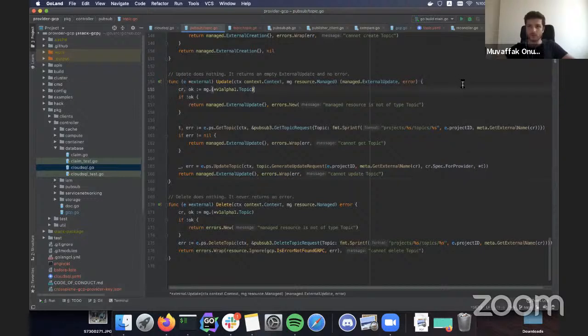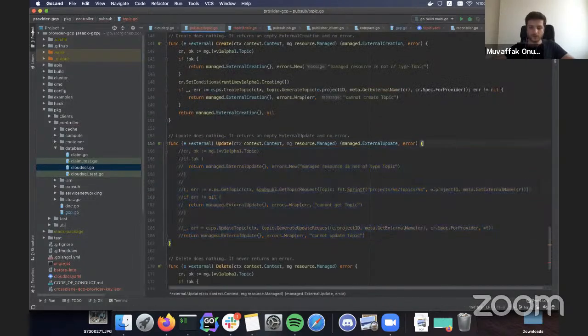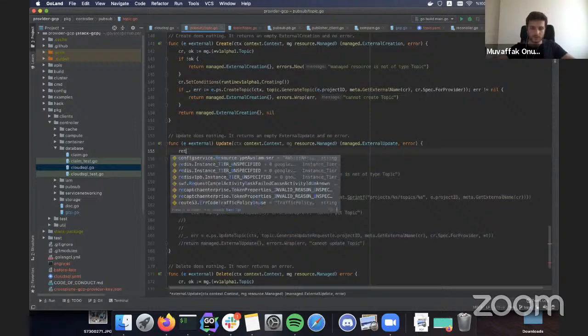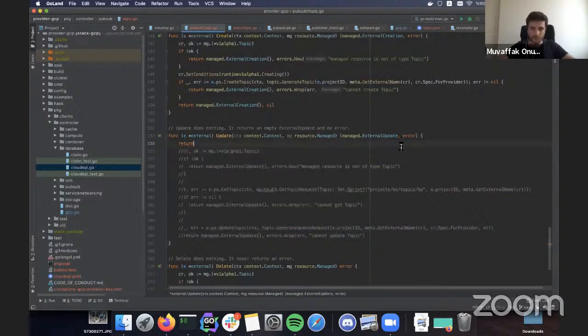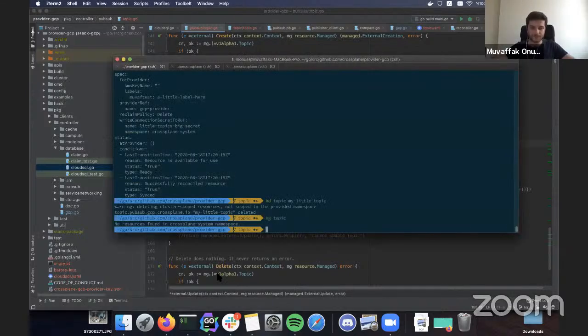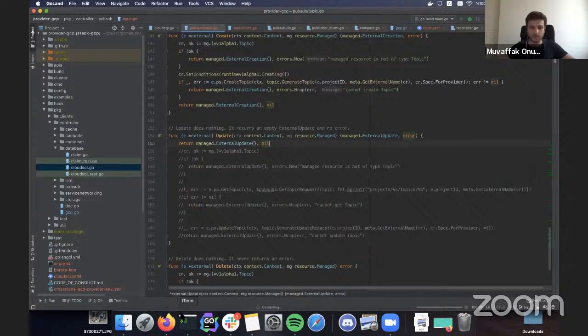Actually, let's try and update it without this piece of code, and then try to see how it works. Start this one.